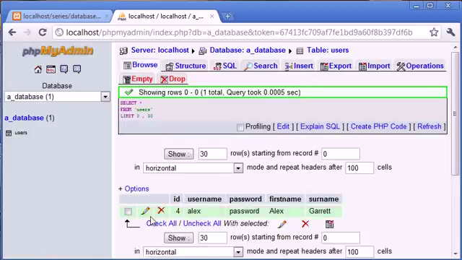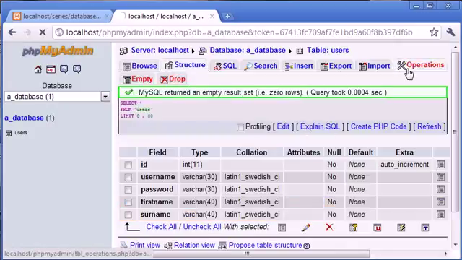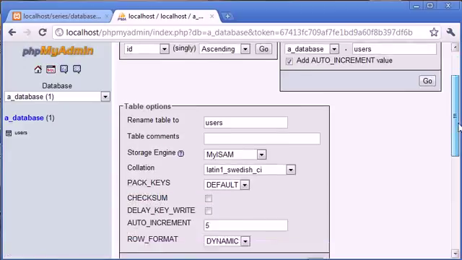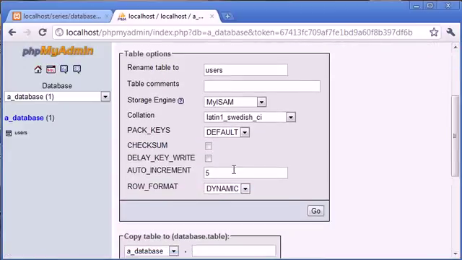Let's say we wanted to go back and we want to start at ID 1 again. Now let's just delete that. You can use this tab called operations, and if you come down you can see auto increment. We can change this back to 0. If we click on go,